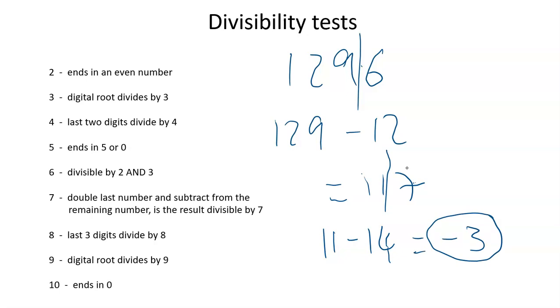If it had been -7 or -14, you could say, yes, it doesn't matter if that comes out as a negative, if it comes out as a negative that's a multiple of 7. But 3 is not in the 7 times table, so no, that doesn't divide by 7, and we knew that anyway. But let's take a number that we know does